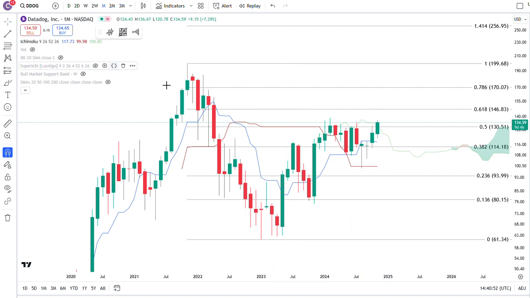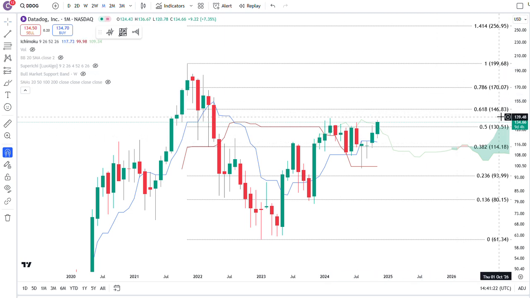Higher highs and higher lows, no concerns about that. Big giant cup here with a handle. It looks like we might be breaking above the cup and handle here. If we are able to really truly do that, the target for a cup and handle formation, assuming the top right here is around 130 and the bottom here is around 60, so 130 minus 60 is 70. You add 70 to 130, it'd be 200. So it'd be this all-time high. That would be the target for the break of this cup and handle if it ends up doing that.